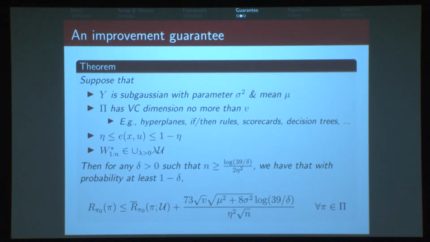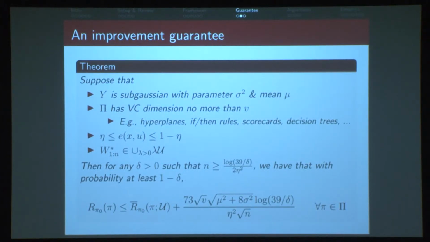okay, so if you're not familiar with VC dimension, examples of such policy classes would be hyperplanes, as I've mentioned before. You choose some hyperplane, treat on one side, don't treat on the other side. If-then rule lists, constraint scorecards, or decision trees are all examples of policy classes with finite VC dimension. If the true propensity is bounded,